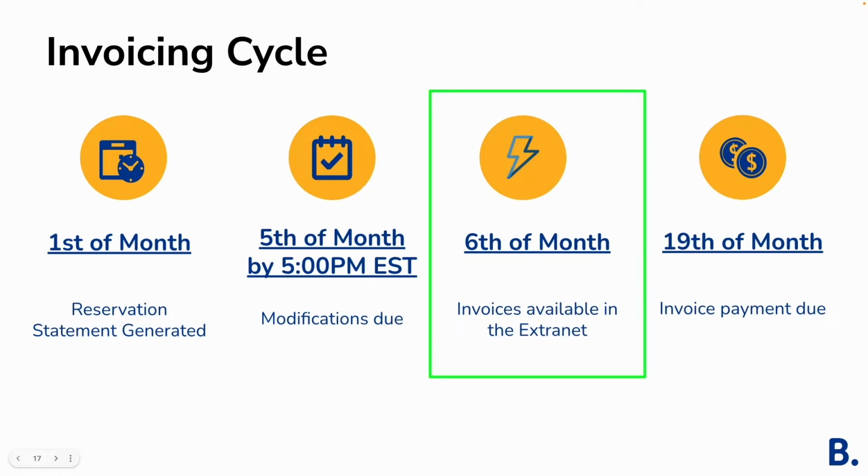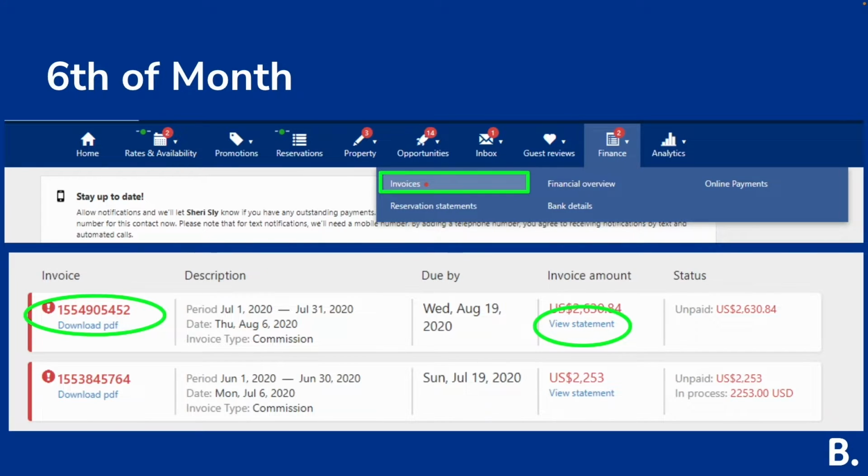All right, so we've taken a look at the first of the month reservation statements and how to make modifications before the 5th of the month. Let's take a look at what happens when the invoice is generated and available in the extranet on the 6th of the month. So here you'll see, again, in the Finance tab under Invoices, you'll see the invoice that has